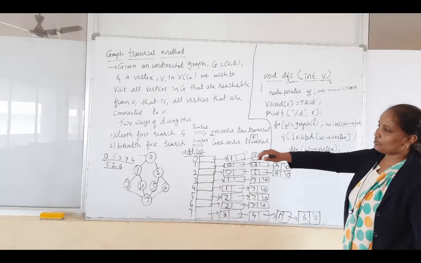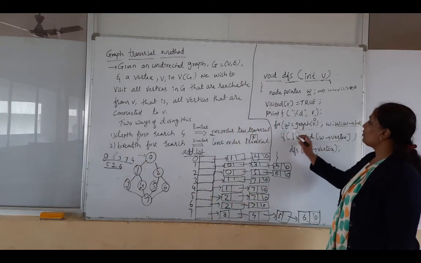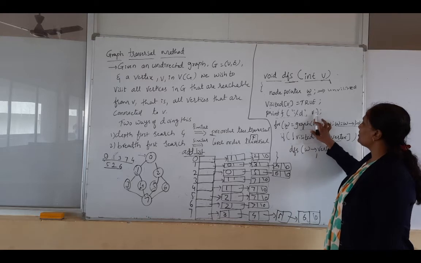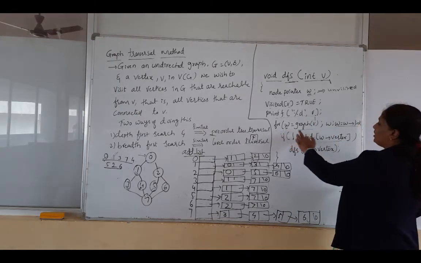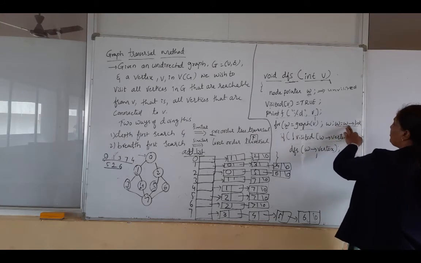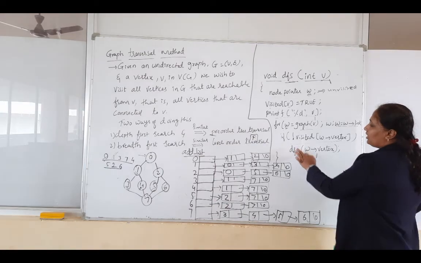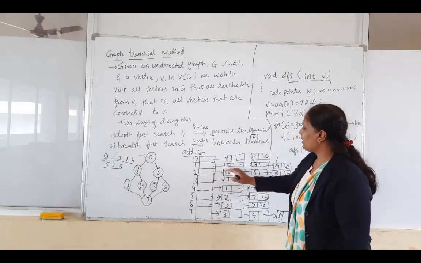You are going to print that. So here you had printed that as you visited that. Next, W equal to graph of V. So you are going to see the graph of a vertex V. So what is the vertex V now? It is 1. Next, that will be the W value now. Next, you are going to check the W's linked list. In W's linked list, what is the W value here? It is 1. So the 1 linked list.